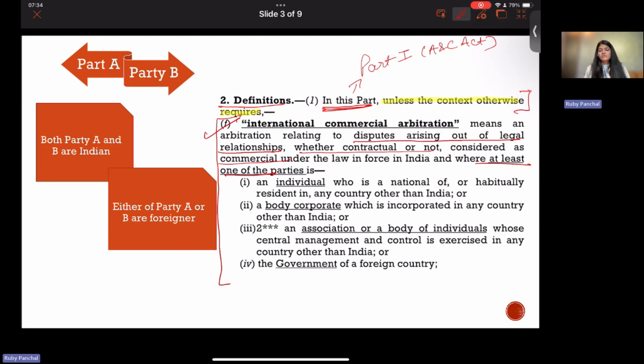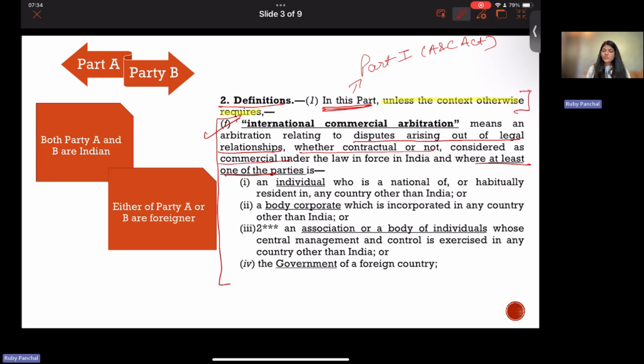International commercial arbitration means wherein you have a commercial dispute between two parties having a legal relationship. That commercial dispute might be arising out of a contract, or it might be arising just out of the legal relationship and the commercial transaction that parties have entered into, where at least one of the parties is